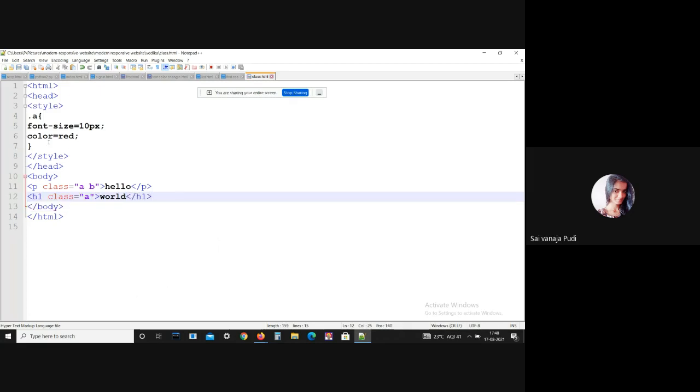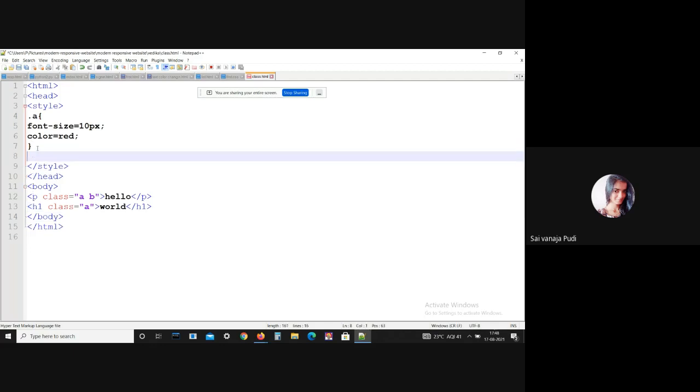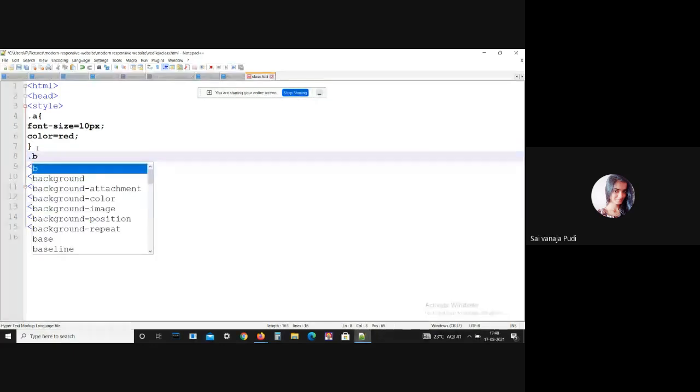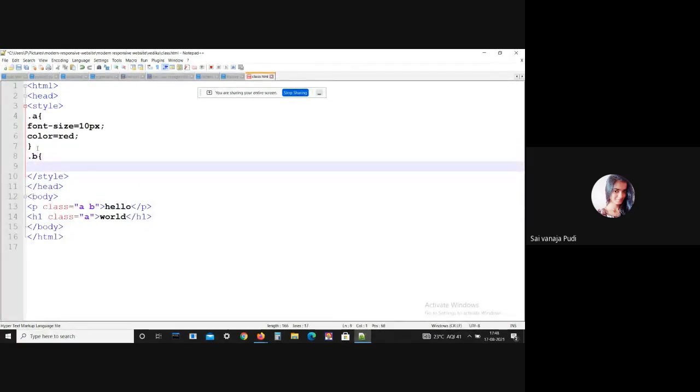For this, I have created multiple classes, A and B. So you should add properties to B also. Here in this B class, I just want to add font style, that is italic.